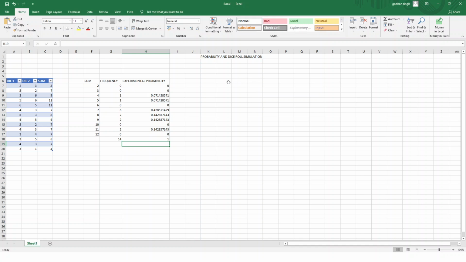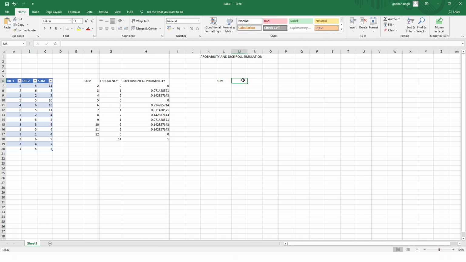So let us make a new table here. We'll write sum. We are taking the same case, that is when we are throwing a pair of dice and we want to find the sum of the numbers which are appearing on the top faces. But this is the theoretical approach. So in the theoretical approach, you know that whenever we are throwing 2 dice, the number of elements in the sample space will be 36. And the same concept will apply here.